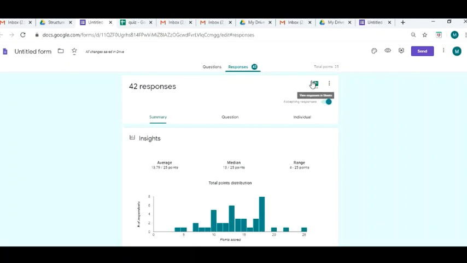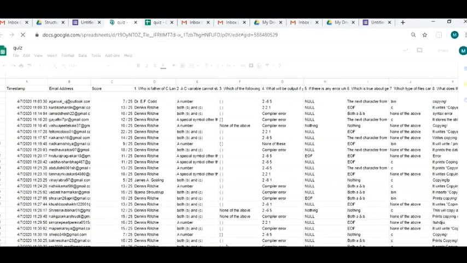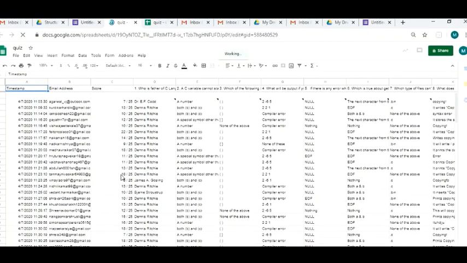Here you see you have your responses populated in a sheet. I click on this and it opens up the sheet and shows me how many students answered. It's in the form of a Google Sheet.